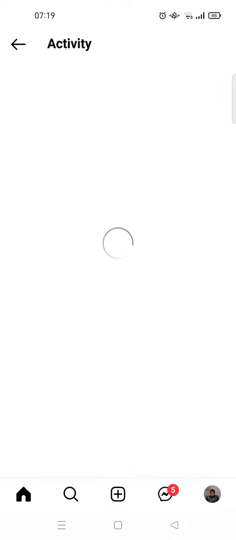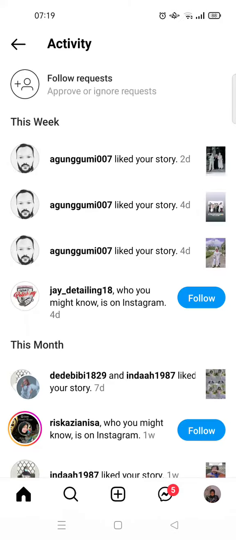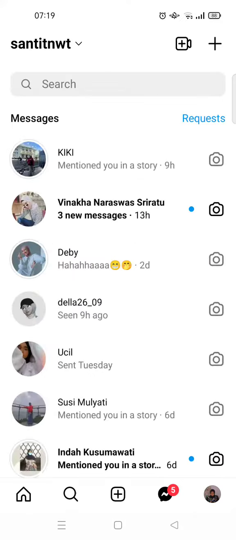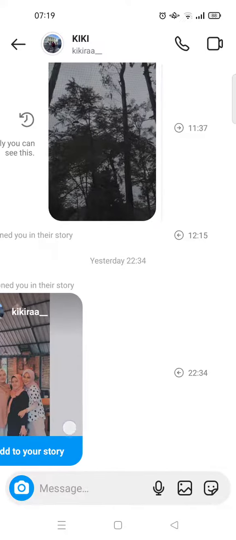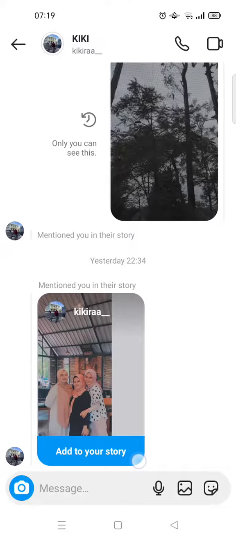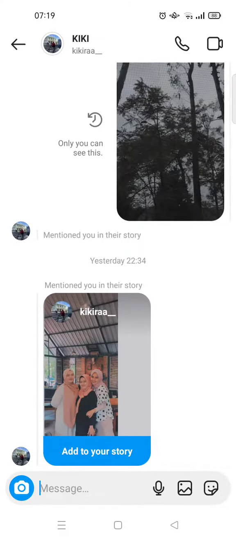Just click on the love option to find the activity, or you can also slide into your DM right here and find the story that your friends mentioned you in. For example, this one, you'll find the add to your story option at the bottom of your friend's story, and if you want to repost it, just click on the tags